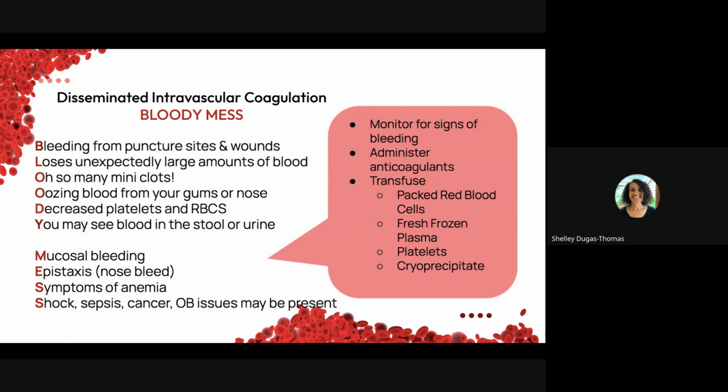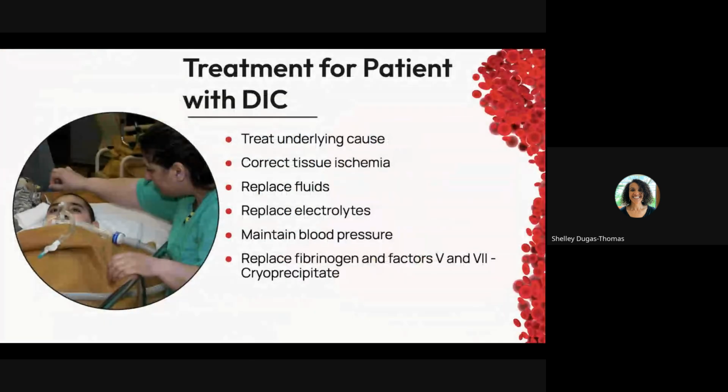DIC is not a disease process, but occurs as a complication of another disorder or condition, usually trauma, blood transfusion reaction, postpartum hemorrhage. So, the most critical factor in managing DIC is treatment of the underlying cause. Until the cause is controlled, DIC will continue. Correcting the secondary effects of tissue ischemia by increasing tissue oxygenation, replacing fluids, correcting electrolyte abnormalities, and administering vasopressor medications